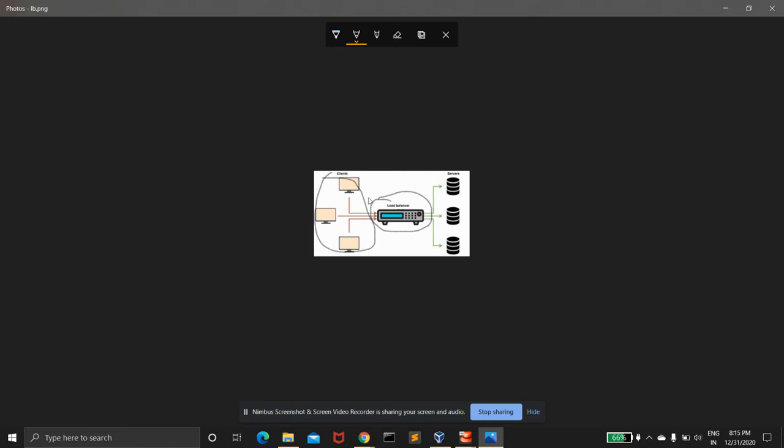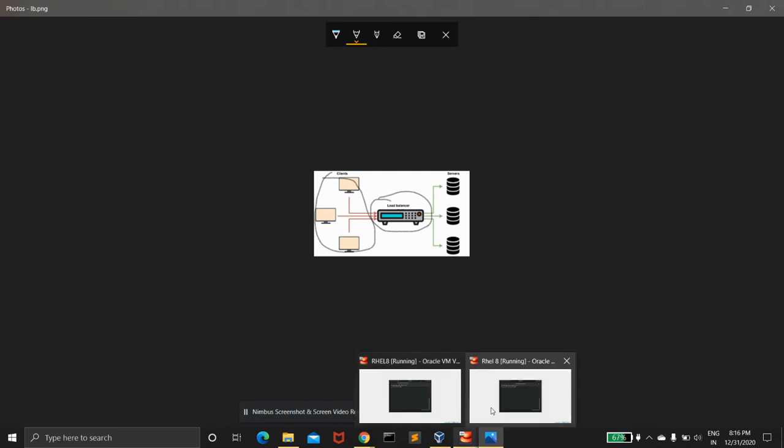So there are a couple of other advanced load balancers like ALB, the application level load balancer, and the network level load balancer, which are much more advanced. So we'll be seeing a basic load balancer in this video. We'll be configuring the entire load balancer using a software called HAProxy, and we'll be doing the entire practical using Ansible.